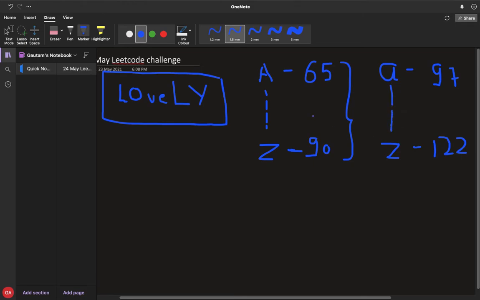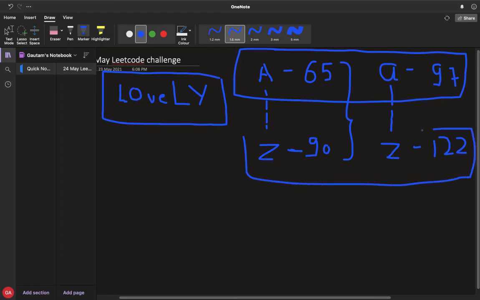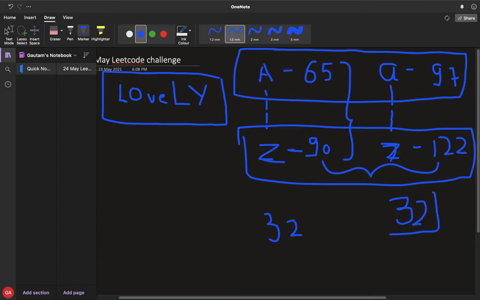Can you notice a mathematical relation between these two ranges? Yes, you are right. If there is an uppercase A and a lowercase a, the difference between their ASCII values will always be 32, since they are the same alphabet. For example, lowercase z and uppercase Z will again have a difference of 32. So we'll use this fact to implement this question.